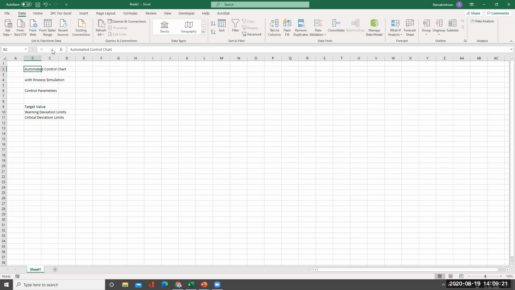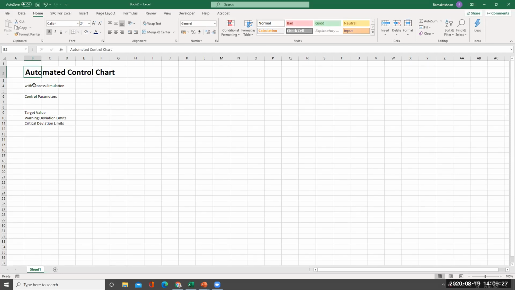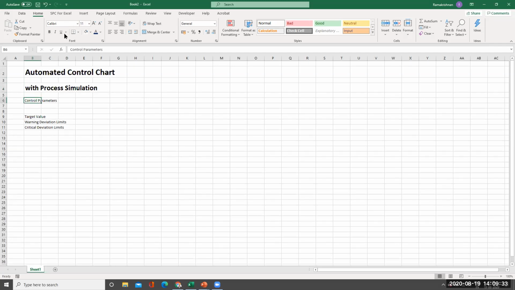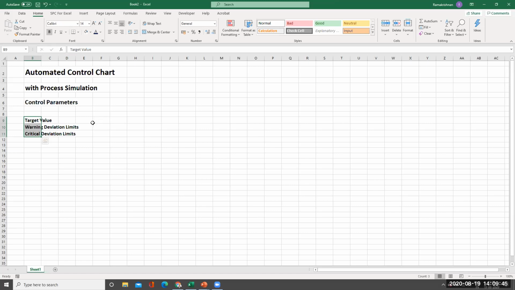This I'll make it as 24 black, and this I'll make it as 20 bold, and this will make it as 18 bold, and these three I'll make it as 12 or 14 bold, right?